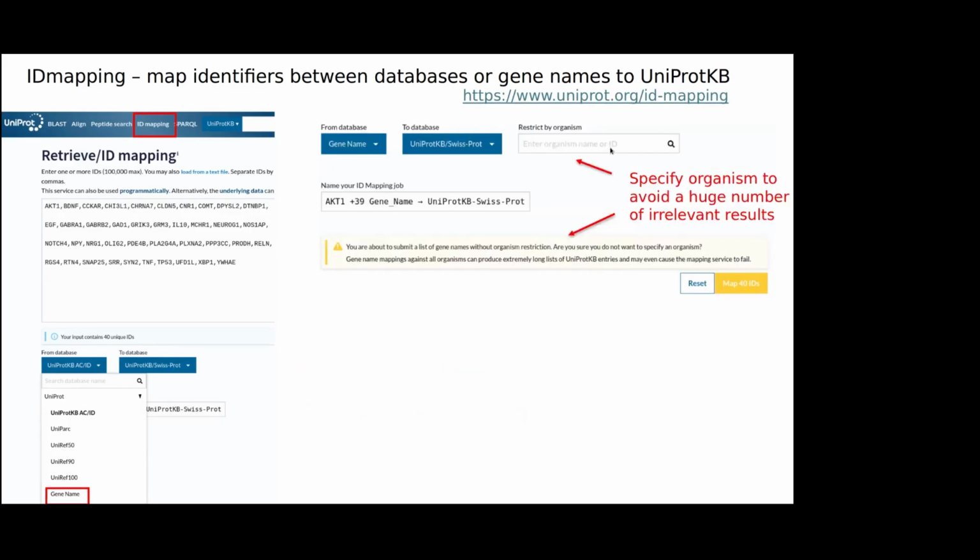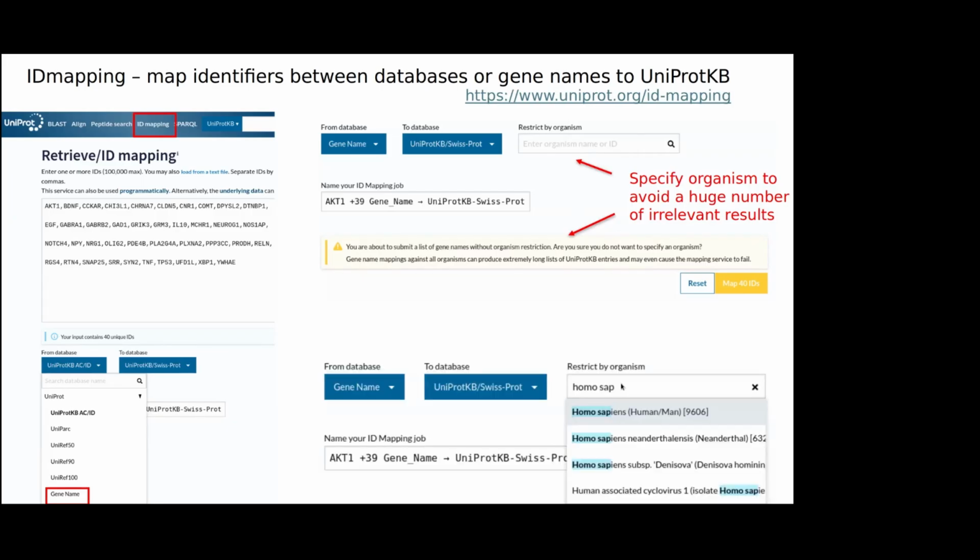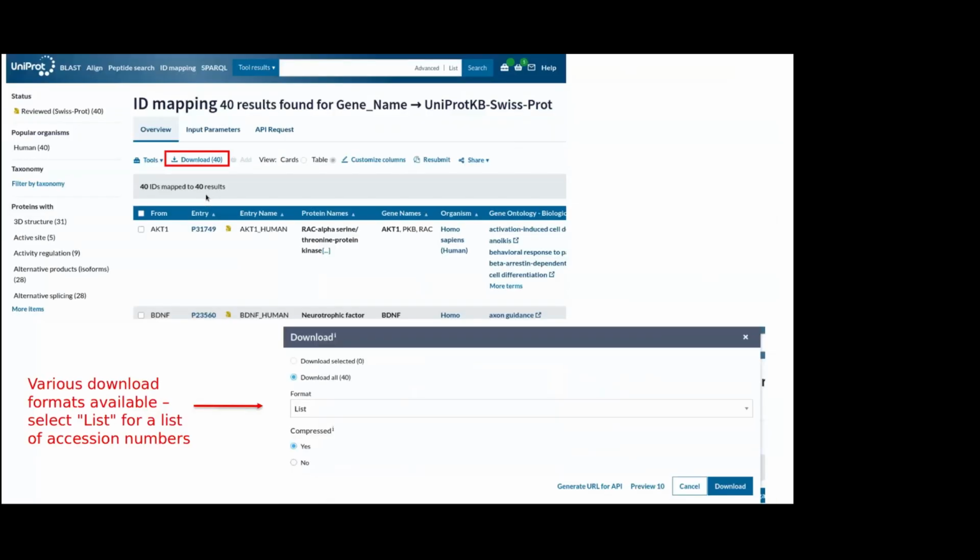And as soon as we have selected gene name here, a warning comes up with an additional box that allows us to specify the organism to avoid a huge number of irrelevant results. And when we click on map, first of all, we select the organism. There's auto completion provided here as well. So we've selected Homo sapiens, and we got the 40